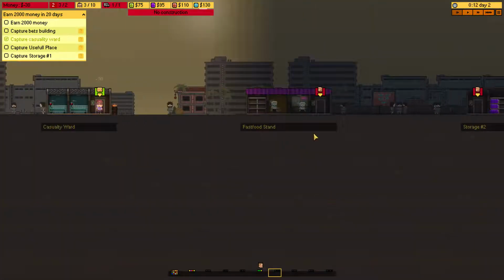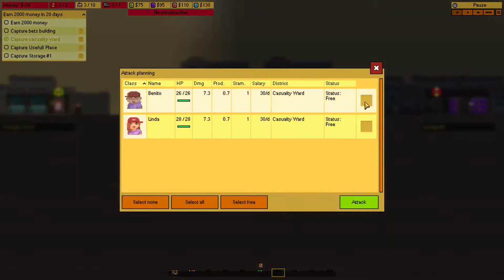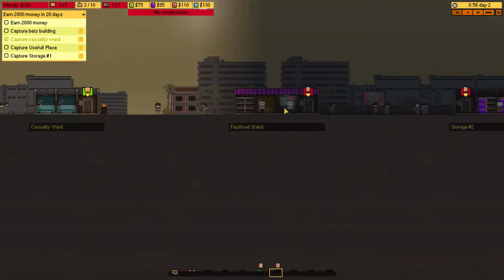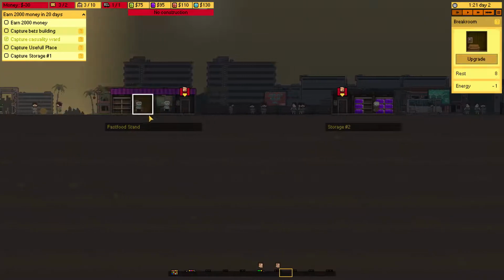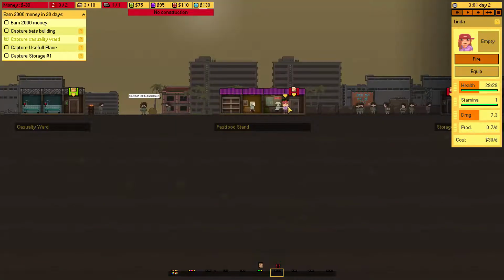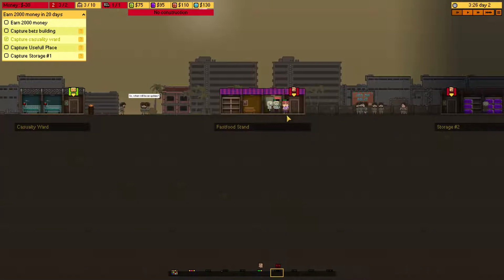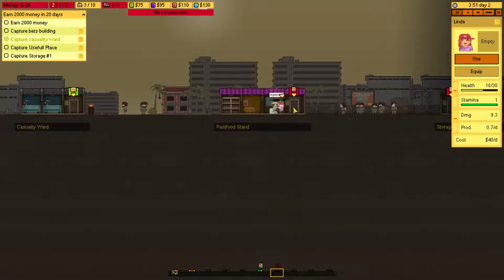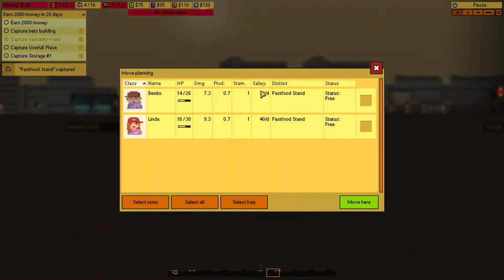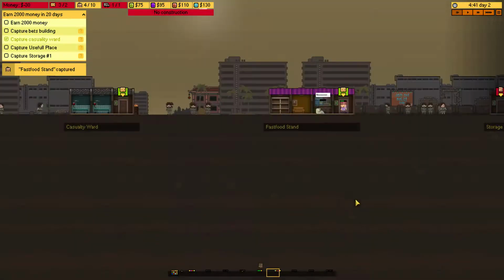So while we're here, let's attack the fast food stand. Fast food stand is just a more difficult area to capture because it has 2 people defending it. When you're attacking somewhere, you want to look at the stats of the people you're attacking. So these people are 6 attack and 25 health, where our people are 28 health and 73 damage. These guys are pretty similar. They actually got to level up as well. So we'll want to send these people back to heal quickly before we...